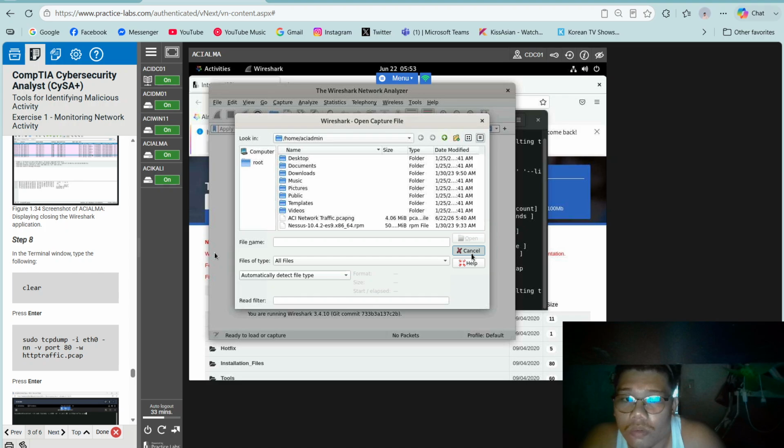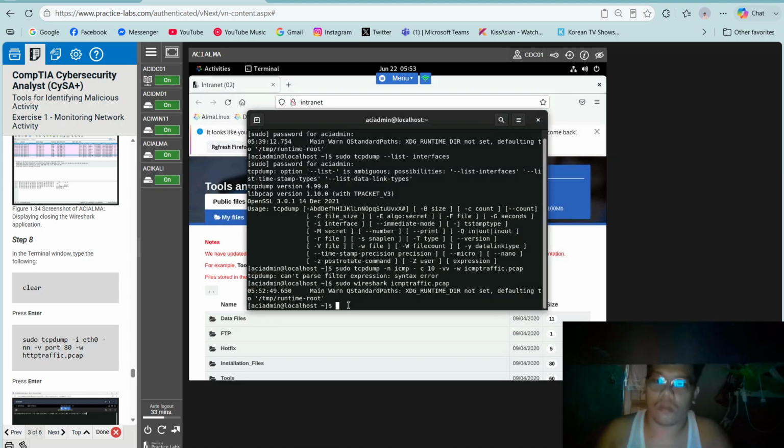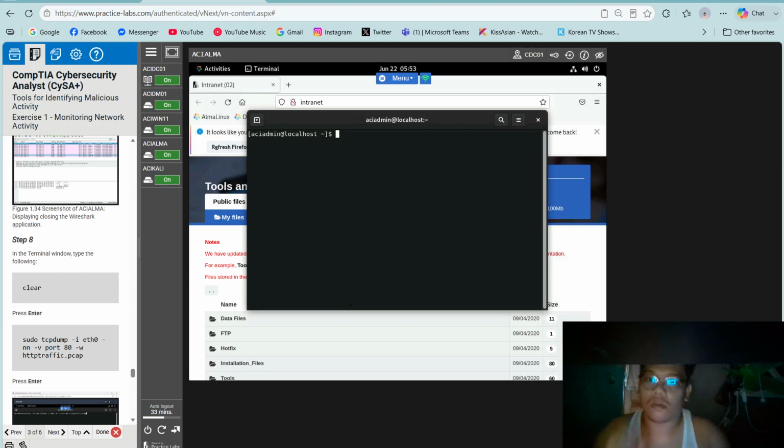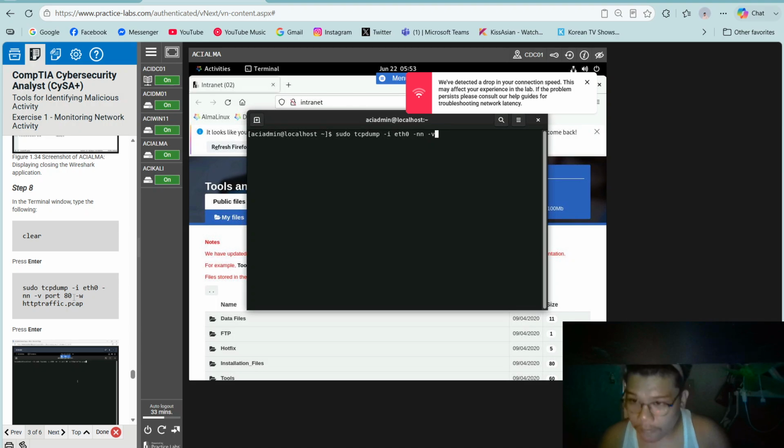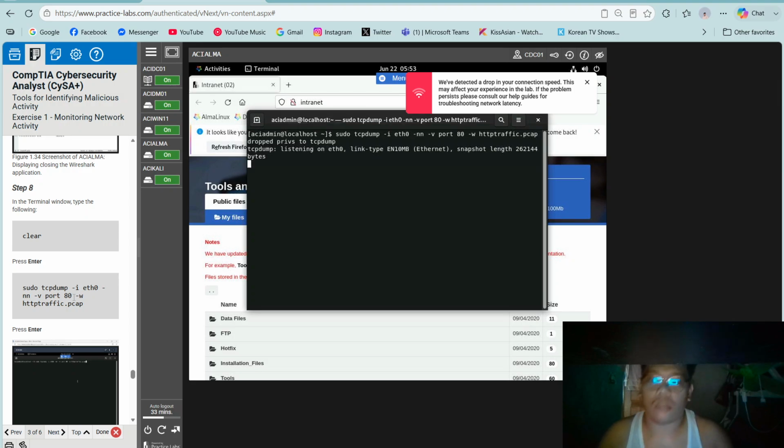So in the terminal window, clear, then sudo tcpdump -i eth0 -nn -v port 80, dash w http_traffic.pcap. Enter.